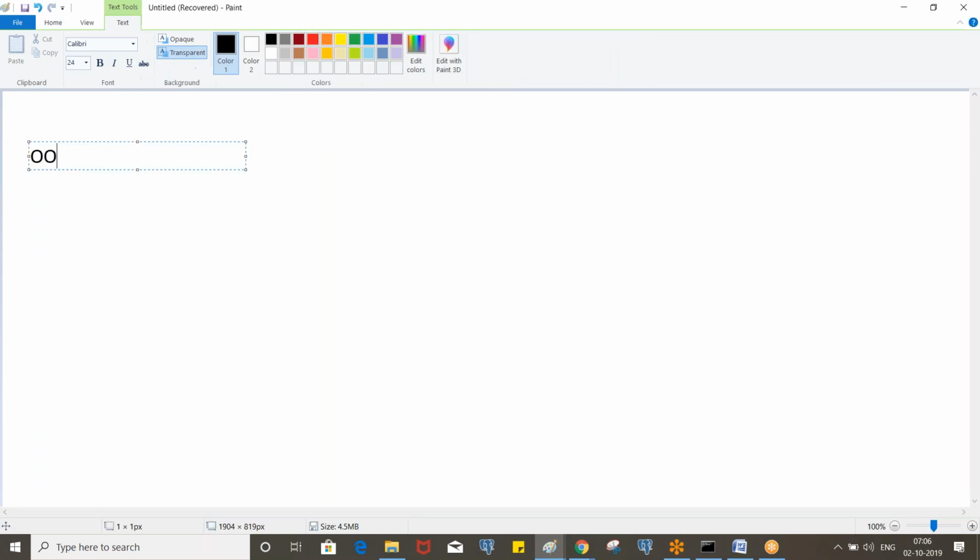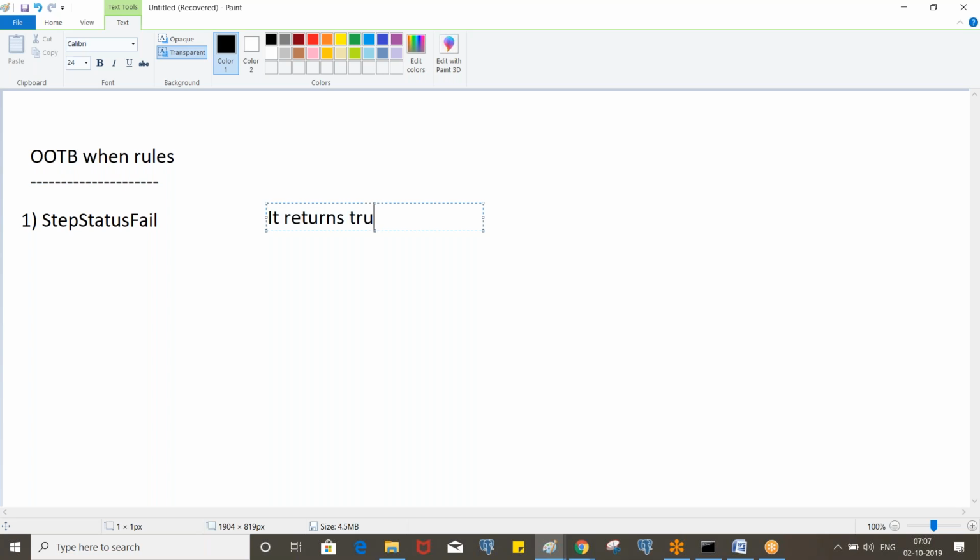These are out of the box when rules. Step status fail returns true if the step is failed.